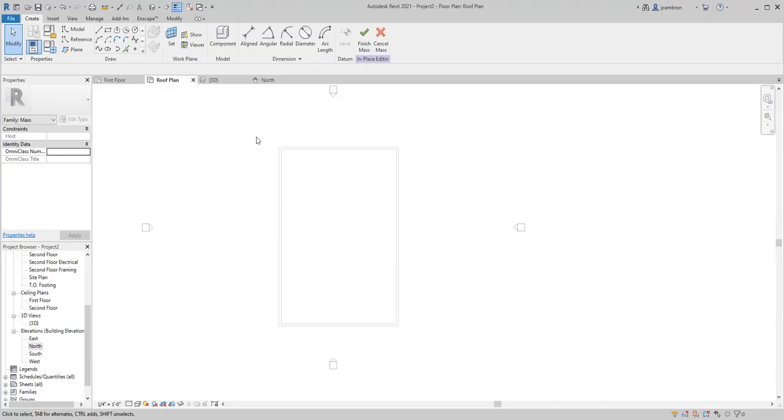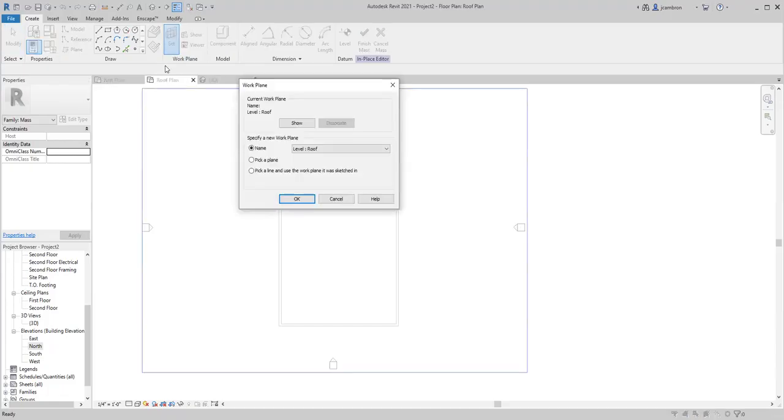And then on top of that, we could begin to create work planes on top of certain objects, as opposed to attaching them and having them tied to level lines. So let me go ahead and set this first work plane. So I'm going to click on set work plane, and we're going to be doing this quite a bit. So I think by example, as I keep showing it to you guys, hopefully you begin to pick up the idea behind the work planes. So for right now, I'm going to set the work plane and set it to level